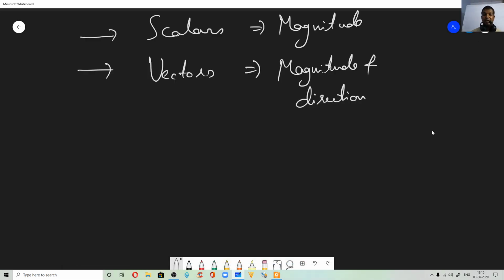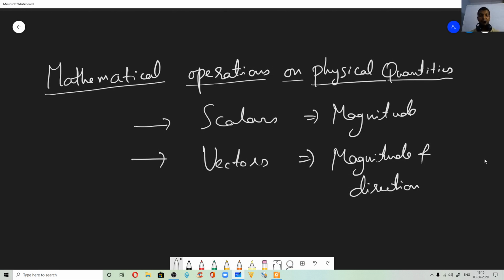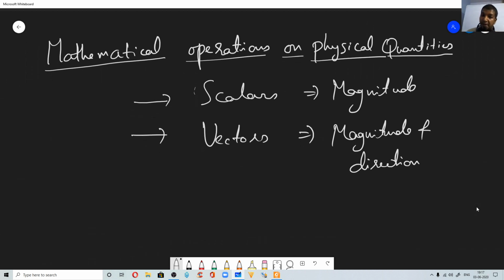Okay, in the previous class we had seen the introduction to vectors. Now what is a vector? It's a physical quantity which has both magnitude and direction. What is a scalar? Scalars have only magnitude. Next, let us see what are the mathematical operations that can be performed on the physical quantities, that is